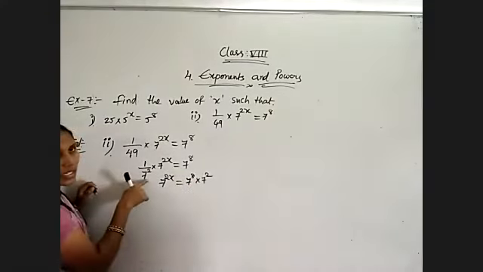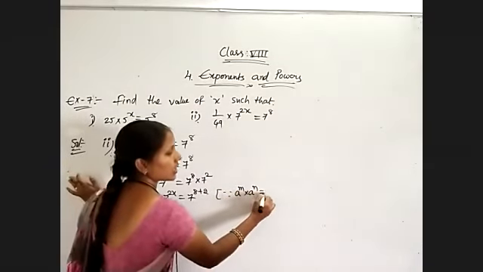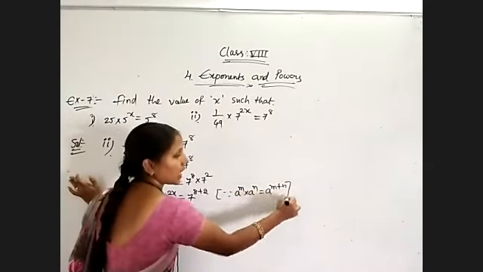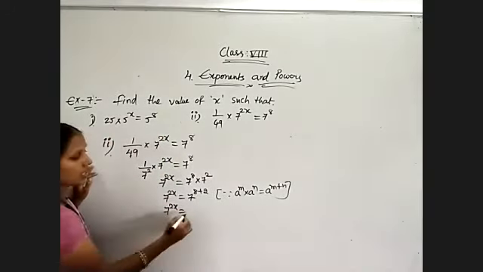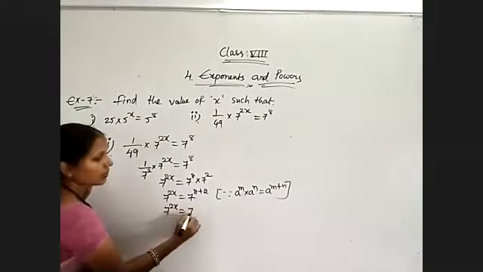Since a power m into a to the power of n is equal to a to the power of m plus n. So now 7 to the power of 2x is equal to 7 to the power of 8 plus 2, which is 10. Then bases are equal, so 2x will be equal to 10. Bases are equal, exponents also equal. That statement we must write there. Now 2x is equal to 10. x will be equal to 10 by 2. 2 fives are 10. So x is equal to 5. The x value I got is 5.